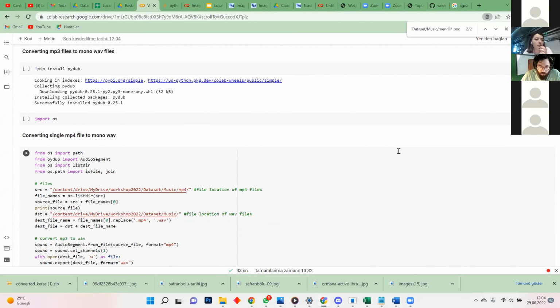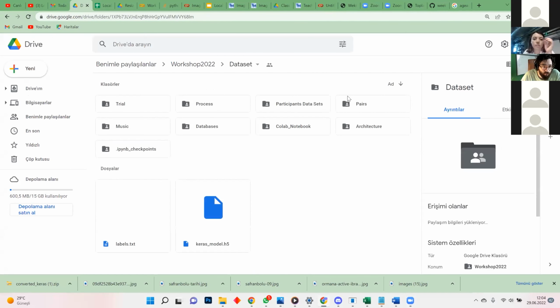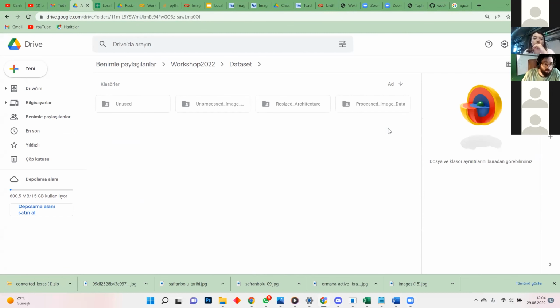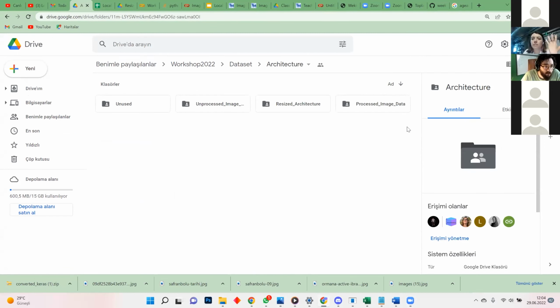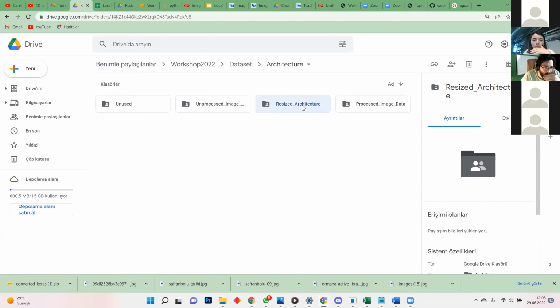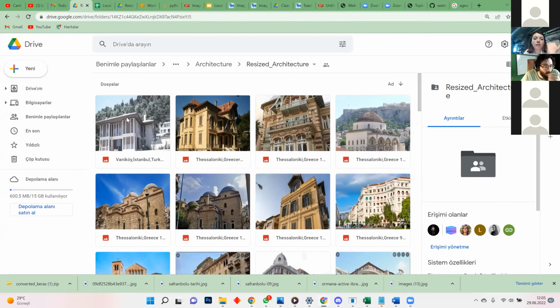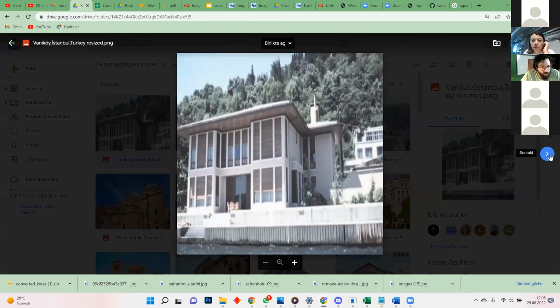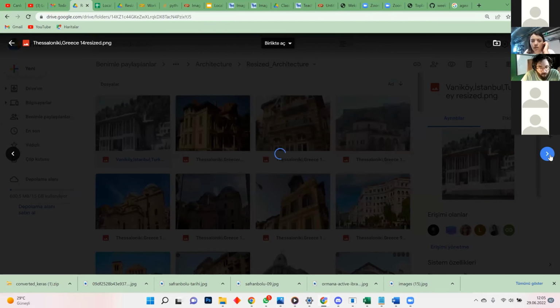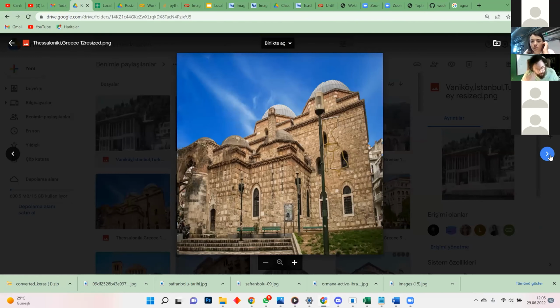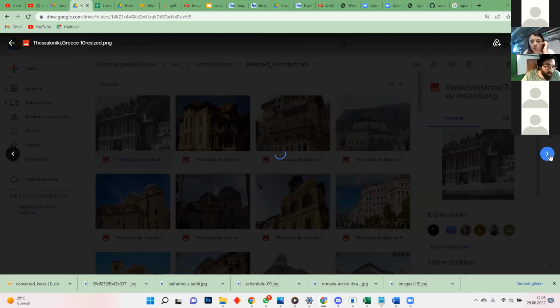So we have generated our data set, as we all followed the steps. And at the end, we prepared image folders that contain multiple images from different cities. And we have resized them. And this one was our initial data set, as you can see here. It's all cropped down to the square, and it has the specific pixel values, like this one,